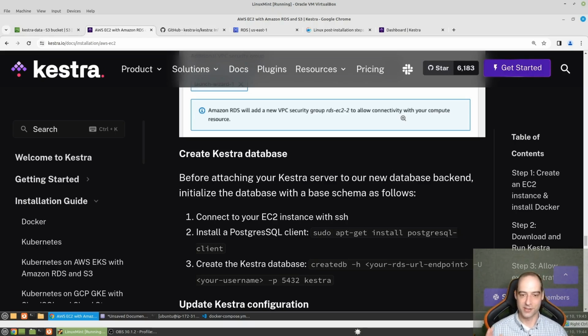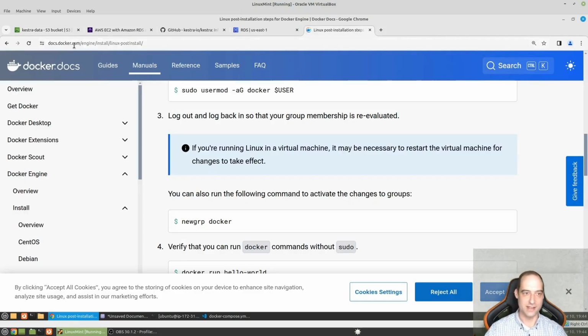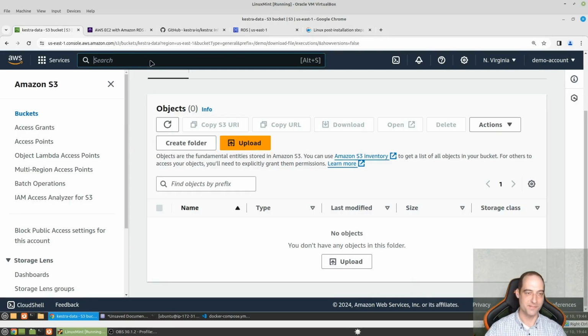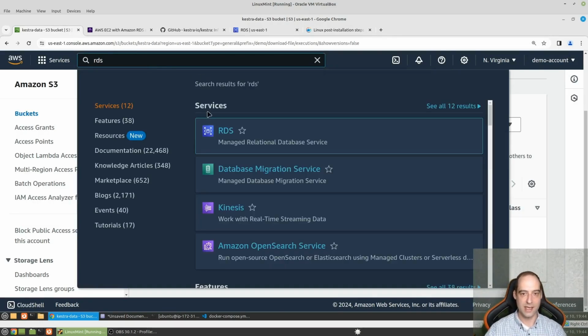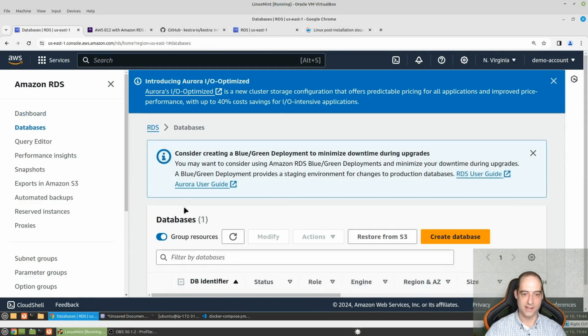All right, so cleanup, here we go. Switching back here, I'm going to close Kestra because, well, we're in the cleanup phase, and I'm going to go to RDS, go to my instances,